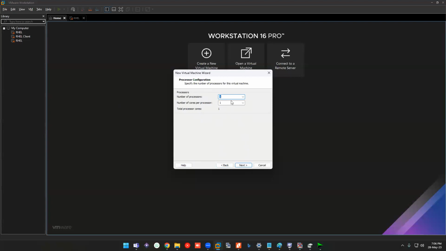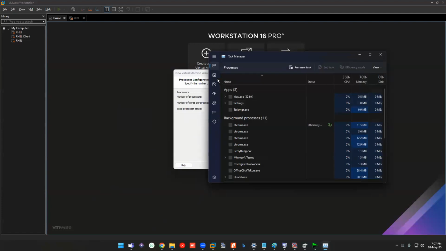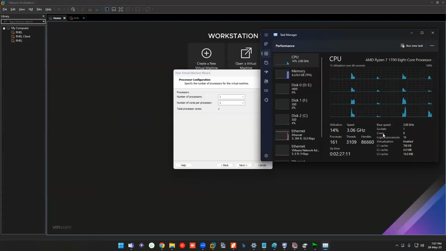This next option is an important option, by the way. You're selecting how many CPU cores you want it to be using. As I told in the last session, it will be doing resource sharing, right? So yeah, task manager. You just go to your CPU here, and you need to select as per your core count. In my case, I have 8 cores and 16 threads, so I can select one. In your case also, at least one should be there, right? So you just select that.